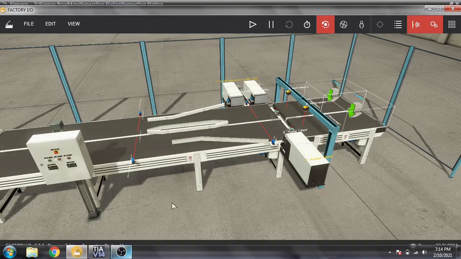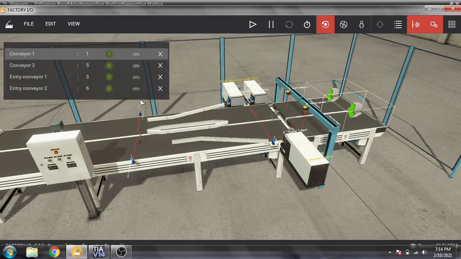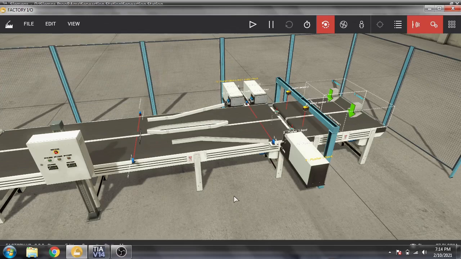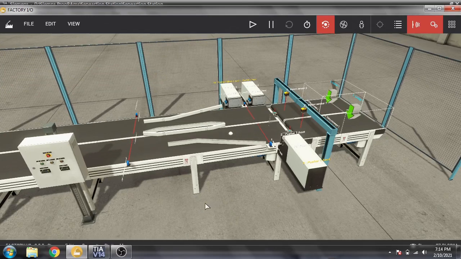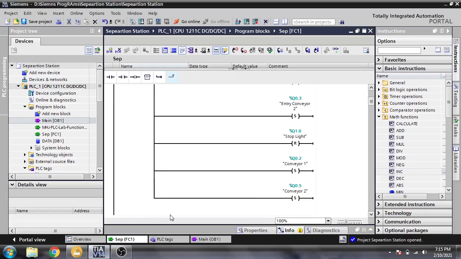So here is our entry conveyor 1, entry conveyor 2, and these conveyors also, conveyor 1, conveyor 2, like that.